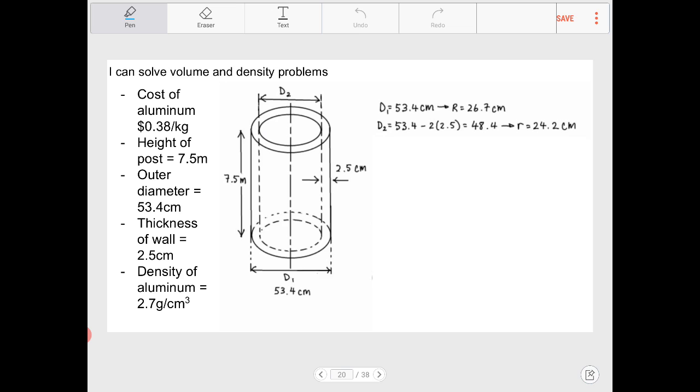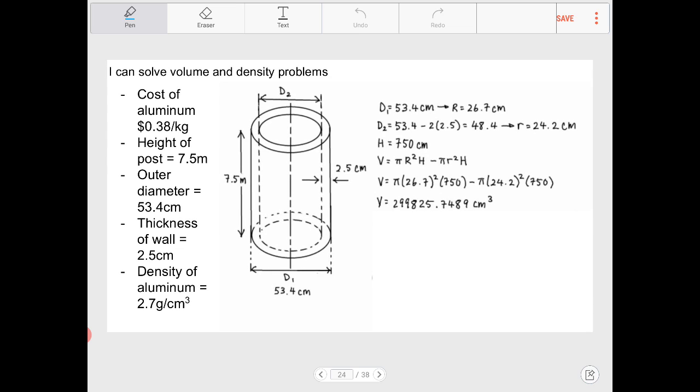So now I can find the volume of the outer and subtract the volume of the inner. The volume of the outer and the inner can be found by replacing the values of capital R, lowercase r, and the value of h. If I go through the computation,